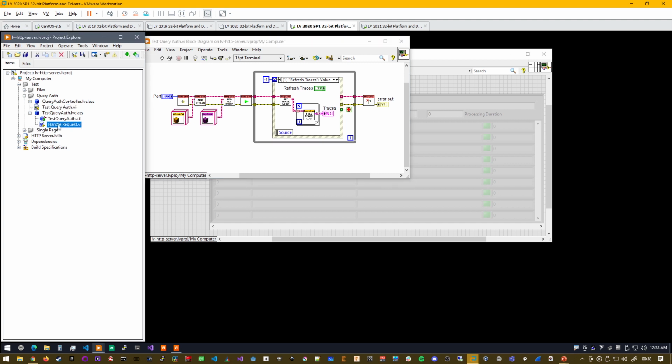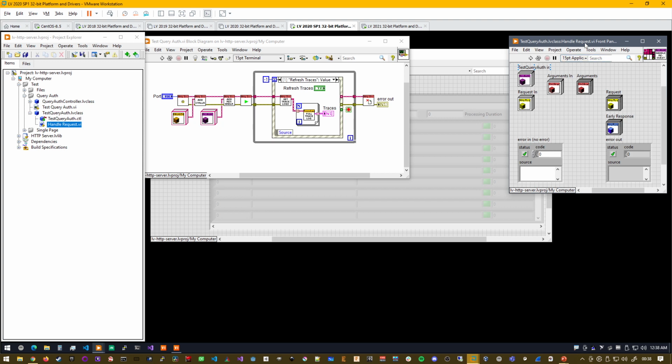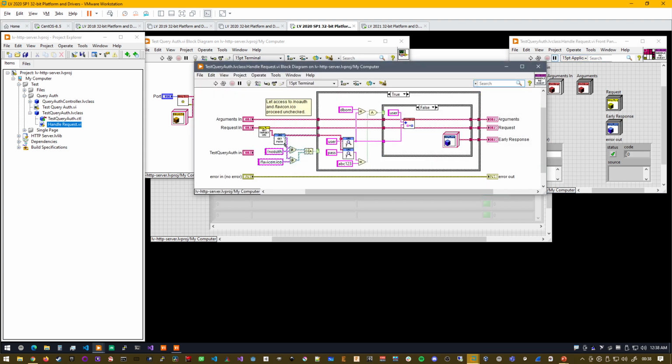For the first handler, we've got this handle request dynamic dispatch VI that'll get called. There are some paths that we want to let through without doing any kind of authentication check, so we'll skip looking if those are the resources that were requested. If it's not one of those, then we'll look in the URL for some query parameters, see if there was a user and a pass returned, and if they match these super secure username and passwords, and this super secure plain text matching of everything. Don't do this in real life. This is just demonstrating the capability. And if it doesn't match,